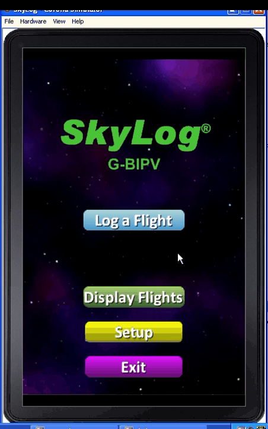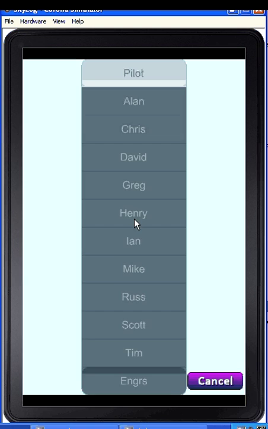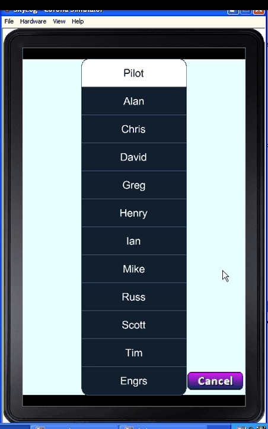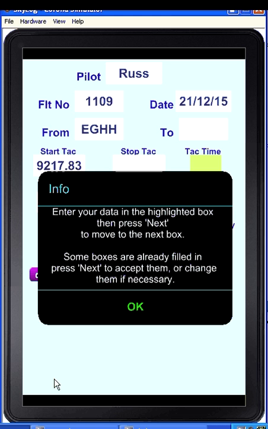So I just tap that, and up comes the next screen asking me who I am, and here's a list of us members, so I'll choose Russ. And we get a little bit of helpful info, hopefully, telling us that some of these boxes will already be filled in on the screen, and that we just have to press next to go on to the next one, or we can change them if we need to. So we accept that and press OK,